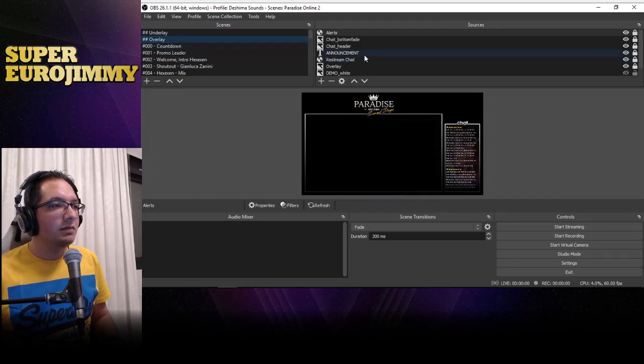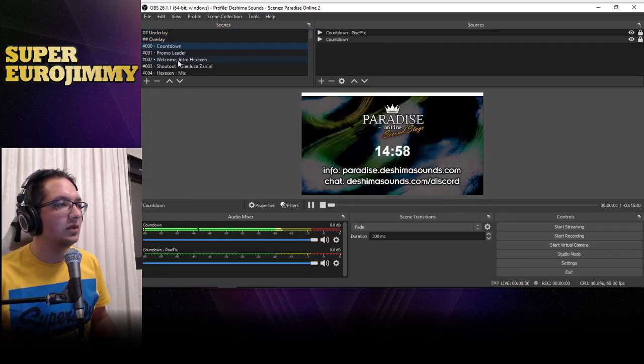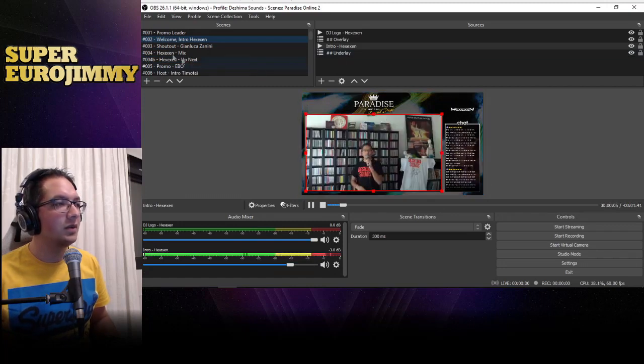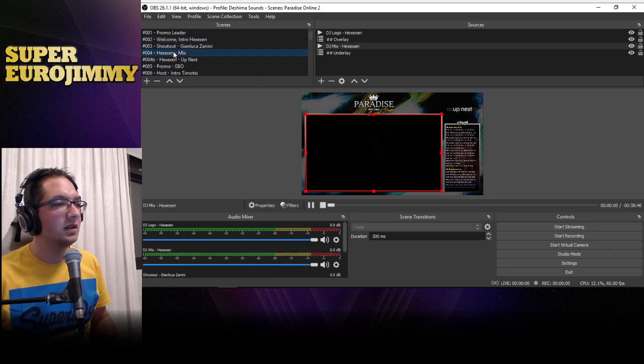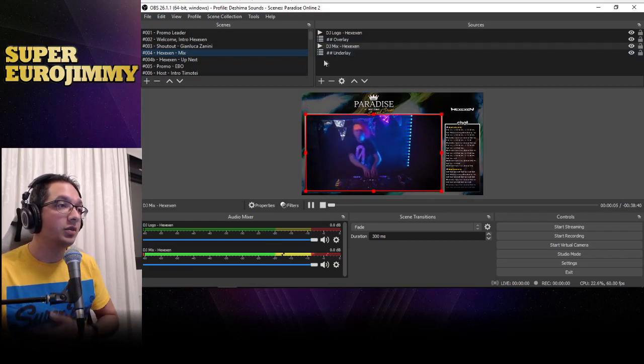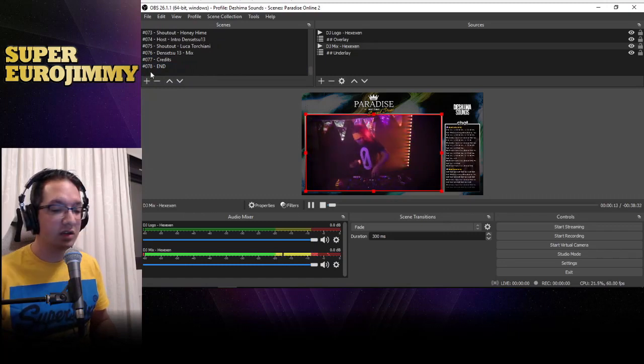So that's a bit of my tricks of how I built the layout. And like I said, the reason why I used an underlay and overlay scene is that the scene just wouldn't reload the chat every time we go to a next scene. And also because it's pretty easy to set up, because if I would add a new DJ or whatever, I would just add a new one, enter the number, which is pretty handy to do,